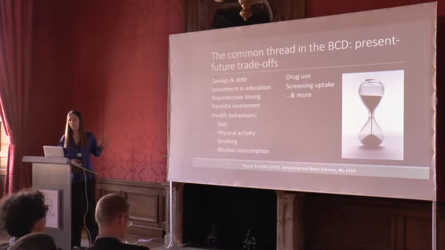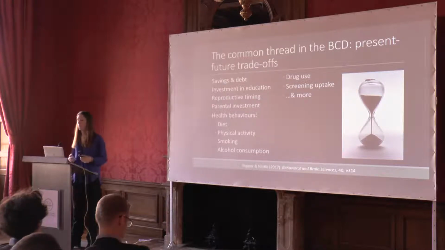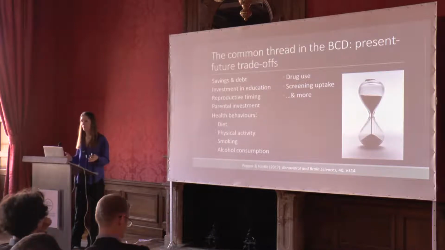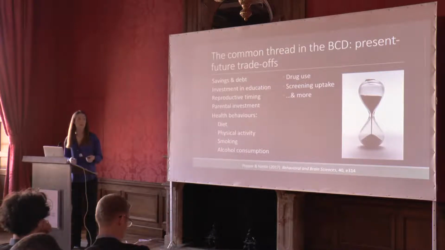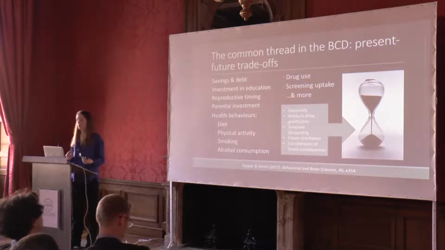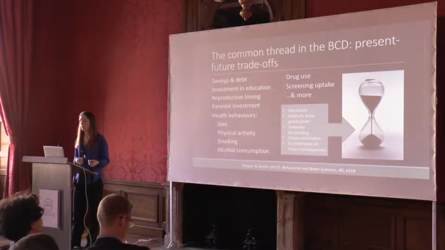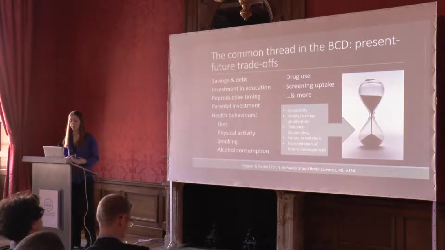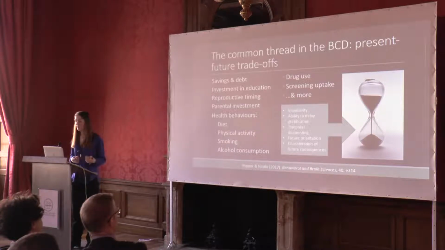Now, these things that we've put into the constellation, I'm not saying that with this explanation of present-future trade-offs we're trying to explain all behaviours that are socioeconomically patterned, but we have defined our constellation as these things which come together with lower SES and can also be understood through this trade-off between present and future outcomes. And inherent in this, there's a lot in the literature about concepts related to present-future trade-offs. So there are concepts such as temporal discounting and its converse, ability to delay gratification, consideration of future consequences, future and present orientation, and these all tend to be lumped together in the literature